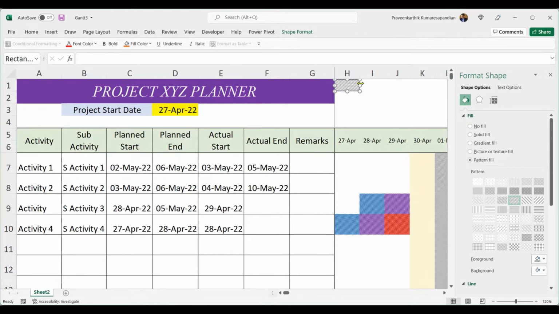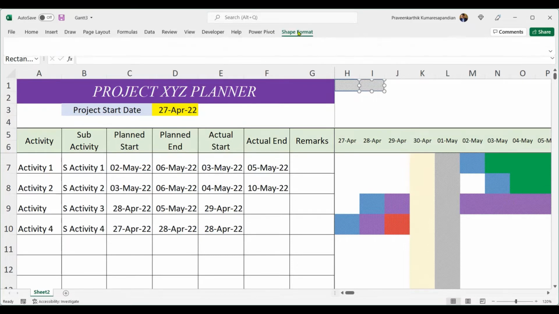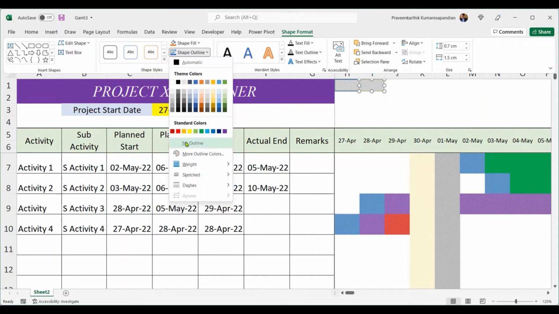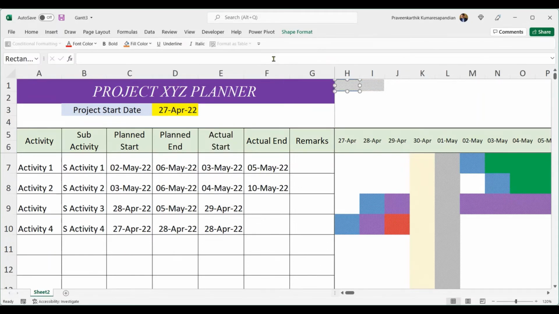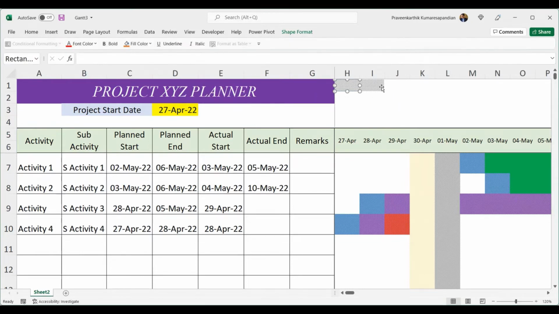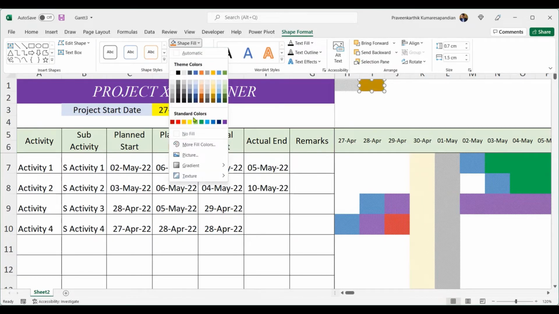Now let's do one thing. Let me duplicate this and just do the pattern modification. I'm selecting all these shapes and I'm going to remove their outline. I don't need outline for these shapes, so removing the outline gives a better view. Now for this I need to give yellow color. Shape fill should be yellow. I think it should be this yellow,